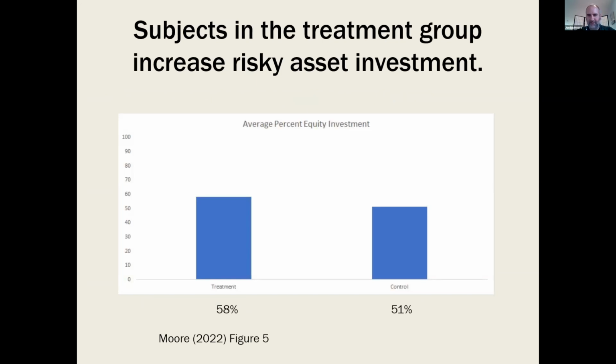So it's a boring picture, just 2 bars on a page, but I've got to show this. It says that out of the 200 subjects that were in the treatment group, they selected an average of 58% investment in the mutual fund going forward. Subjects in the control group only wanted to purchase 51%. That's a pretty big difference. I want to point out that each subject, regardless of what group they were in, saw the exact same sequence of quarterly returns in all 10 trials. The only difference was how fees were applied throughout the year.